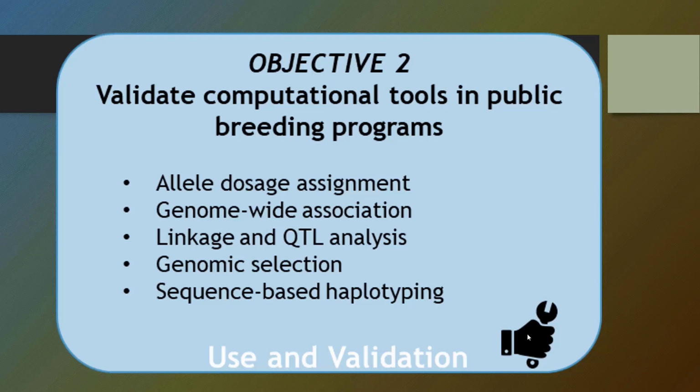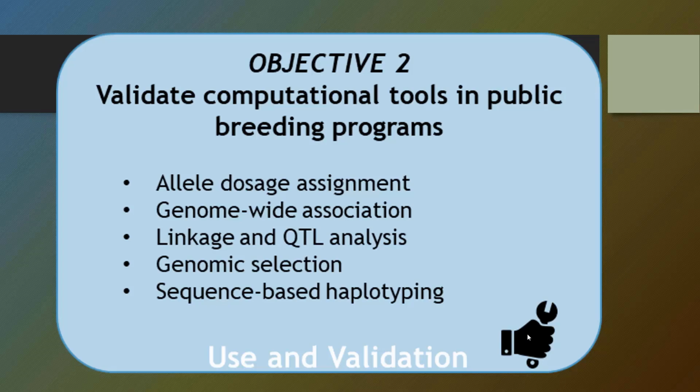And we're going to be looking at different aspects of the software and comparing it side by side. So we're interested in allele dosage assignments, genome-wide association, linkage and QTL analysis, genomic selection, sequence-based haplotyping. So we'll be testing these on these various crops and various data sets, and also helping you do the same